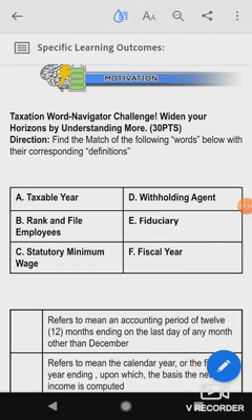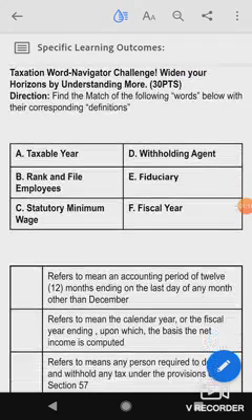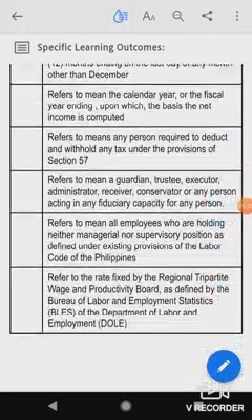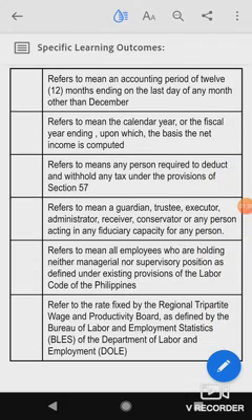We have A, taxable year. B, rank and file employees. C, statutory minimum wage. D, withholding agent. E, fiduciary. And F, fiscal year. So the definitions that we will be matching with those words are